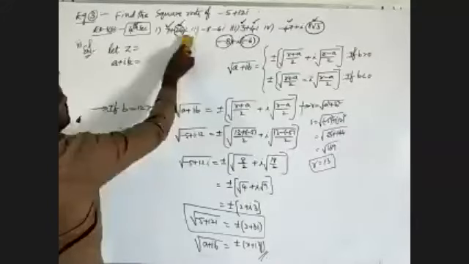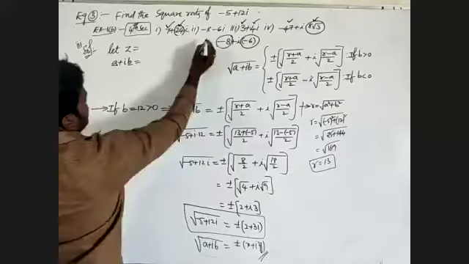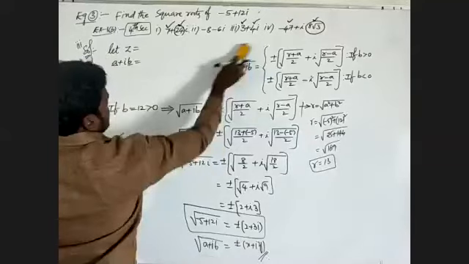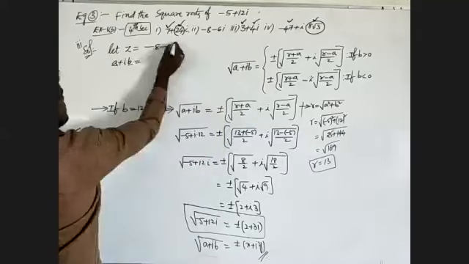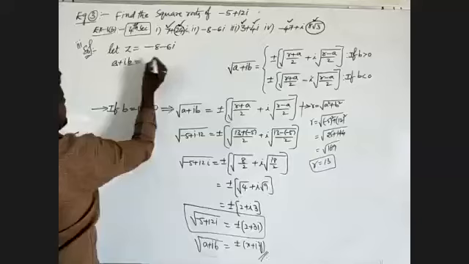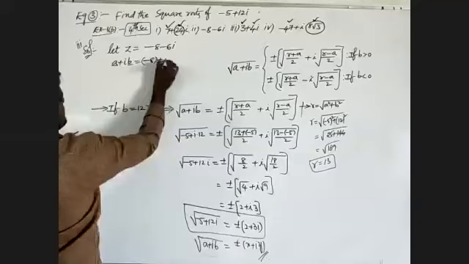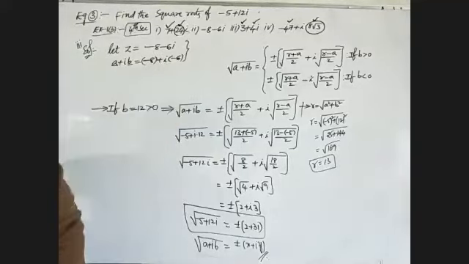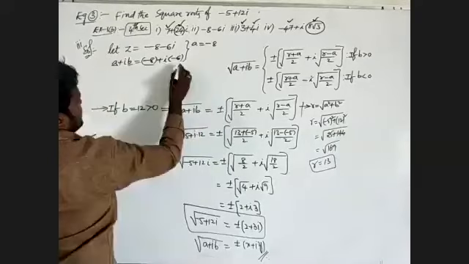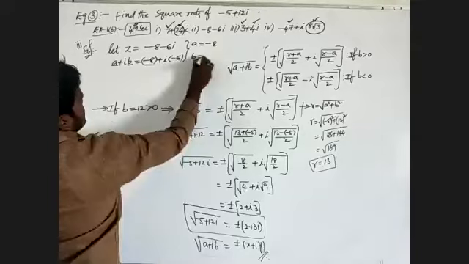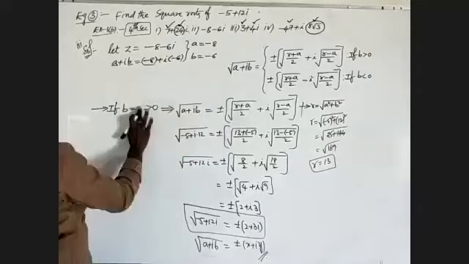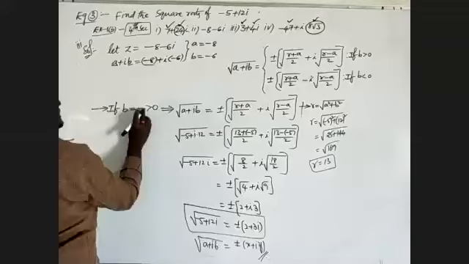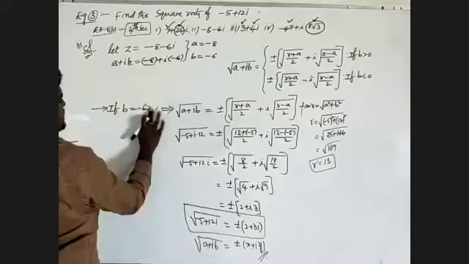I will explain the second one. What is the second one? Minus 8 minus 6i is given. This we have to write as minus 8 plus i into minus 6. Comparing the real and imaginary parts, the real part is minus 8. Then the imaginary part B is equal to minus 6. That means B is minus 6, so always B less than 0. B less than 0 means we will apply the second formula.